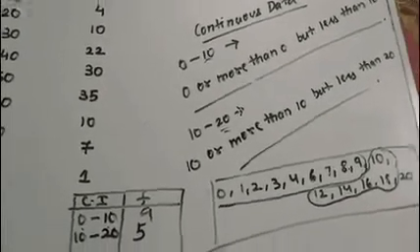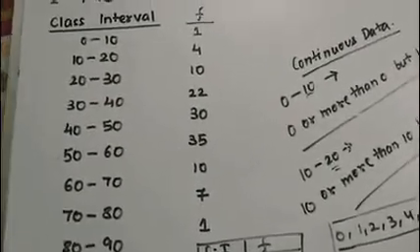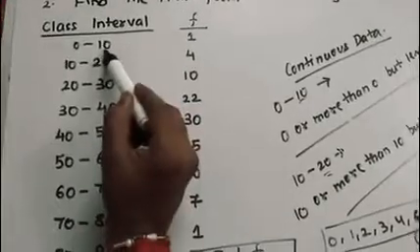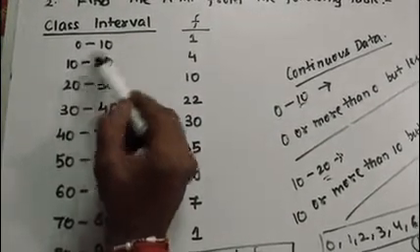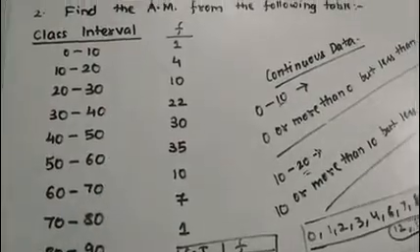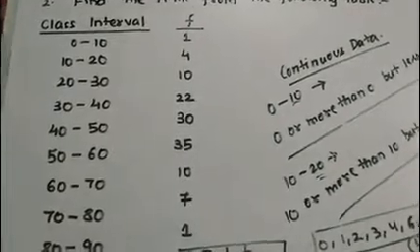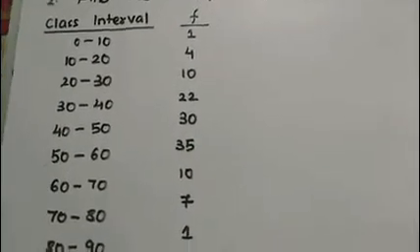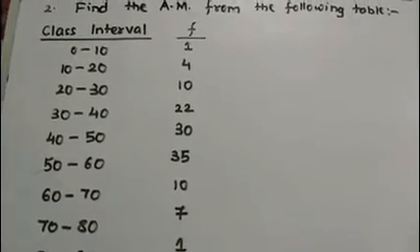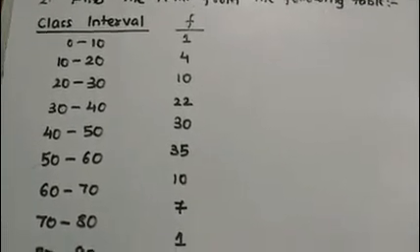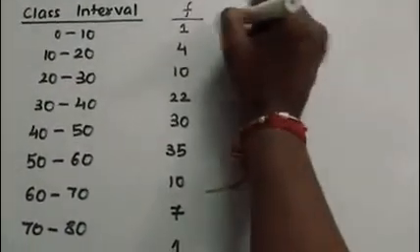So now back to the question. The class intervals are given in continuous form, as the ending of one interval and the start of the next are the same. So that's why this comes in the category of continuous data, and the frequency is given to you and we have to find the mean. The formula of x bar is summation fx divided by summation f. We know the f here, so the next thing is that we have to find the x.